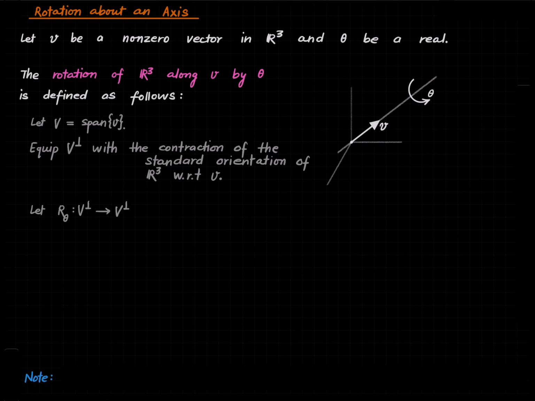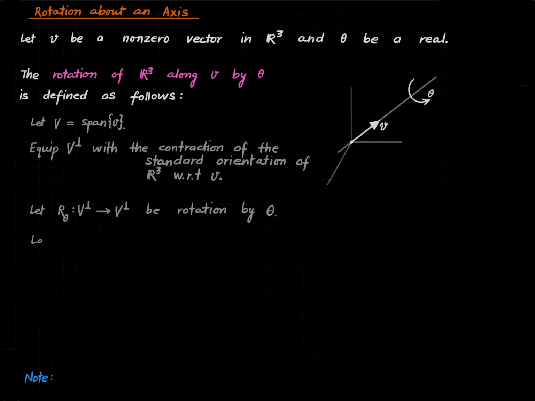Alright, so now since this is an oriented two-dimensional real inner product space, we can talk about rotations of it, and let R theta be the rotation by theta. Very important that orientation was chosen. Otherwise, you cannot talk about rotations. Without an orientation, you cannot talk about rotations. Alright, and now finally,